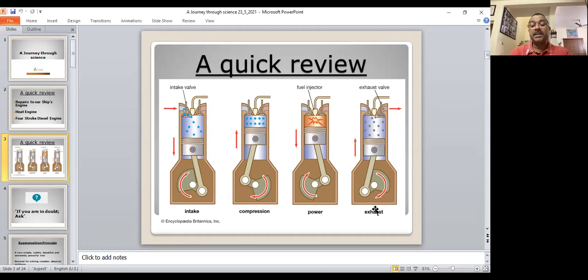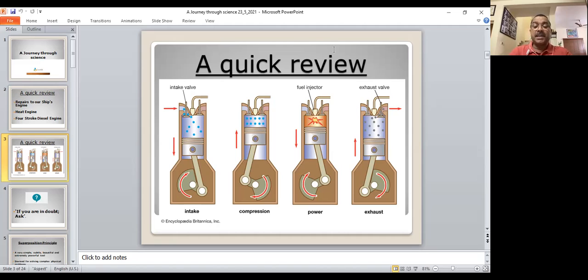These small dots are a combination of carbon dioxide, sulfur dioxide, nitrogen and its components, sulfur and its components. Many such components will be there, which are all very dangerous, and we will kick them out by opening the exhaust valve and pushing the piston upwards. So all these combustion debris will be taken out.